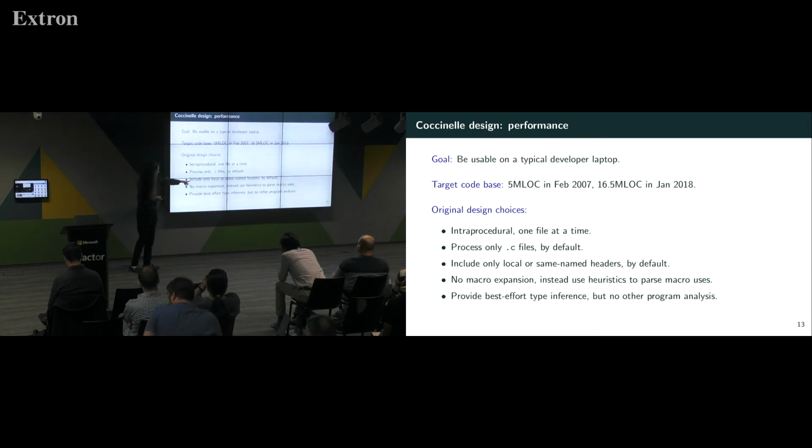A big issue in the case of C is includes and the C preprocessor and all of these things that go together, includes and macros. So the decision of Coccinelle, for various reasons, is that first we have our own C parser. We just look at the C code. We try to deal with it as we see it. On the one hand, that was very important because we want to do source-to-source transformation, and so you want the code to come out in the end looking as it was in the beginning.